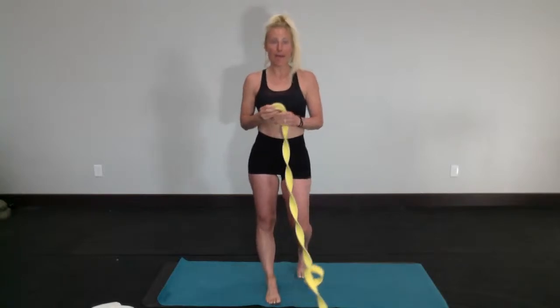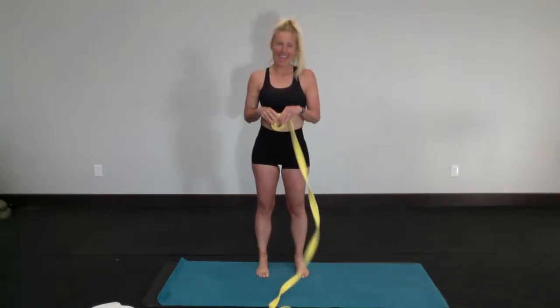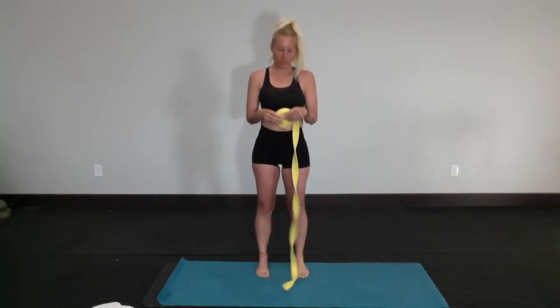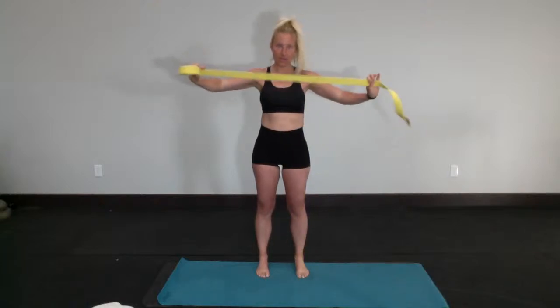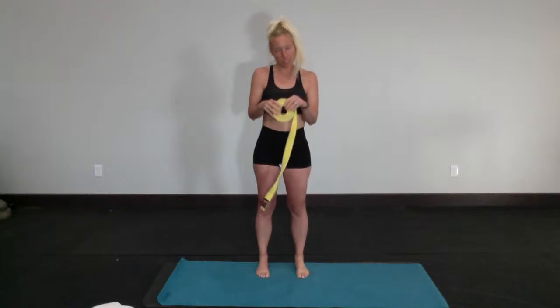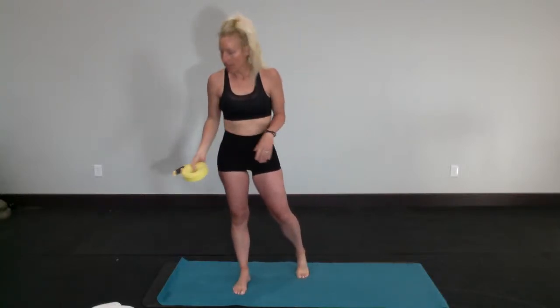You will need a mat or a towel or a blanket. And then you will need some sort of a band, a belt. That's all today. You don't even need this, just if you have something. If you have a band or a belt, it'll help. If you can't reach